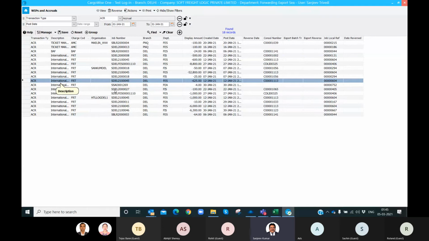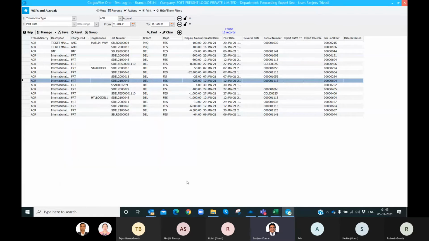Once this estimate was put for cost, obviously it is lowering your profit in that month by 625. And suppose you don't want that, then again you can go to reverse.